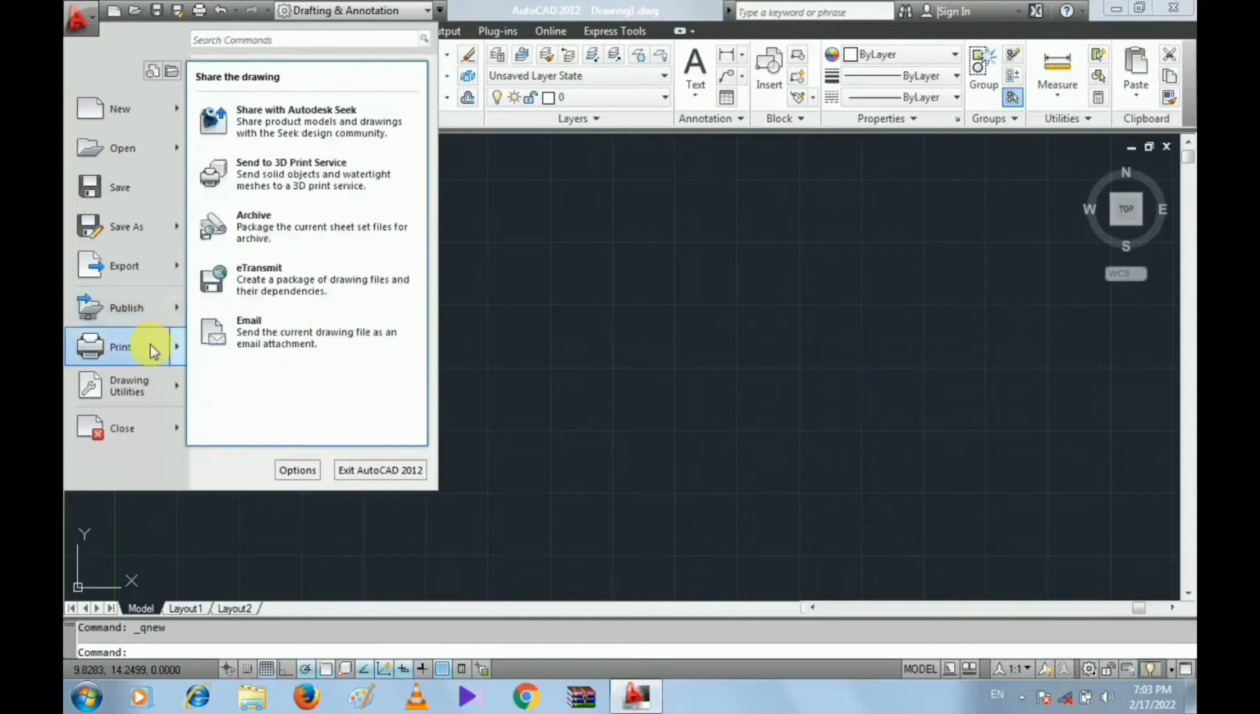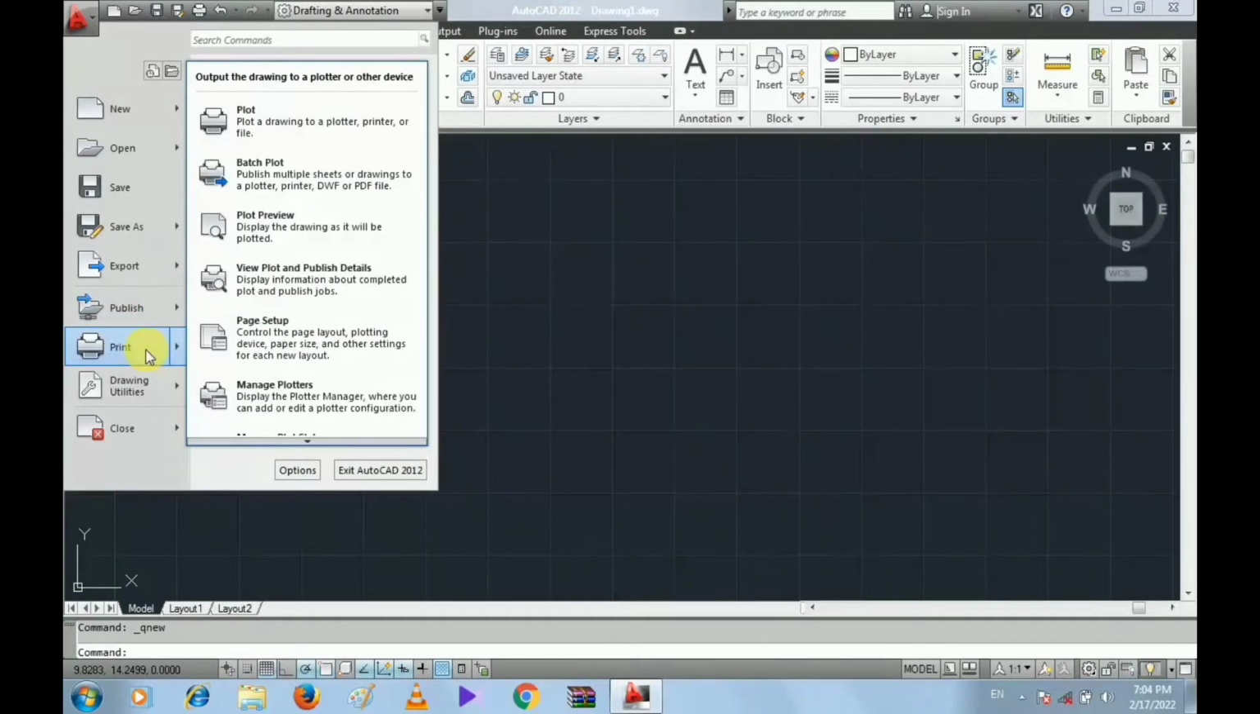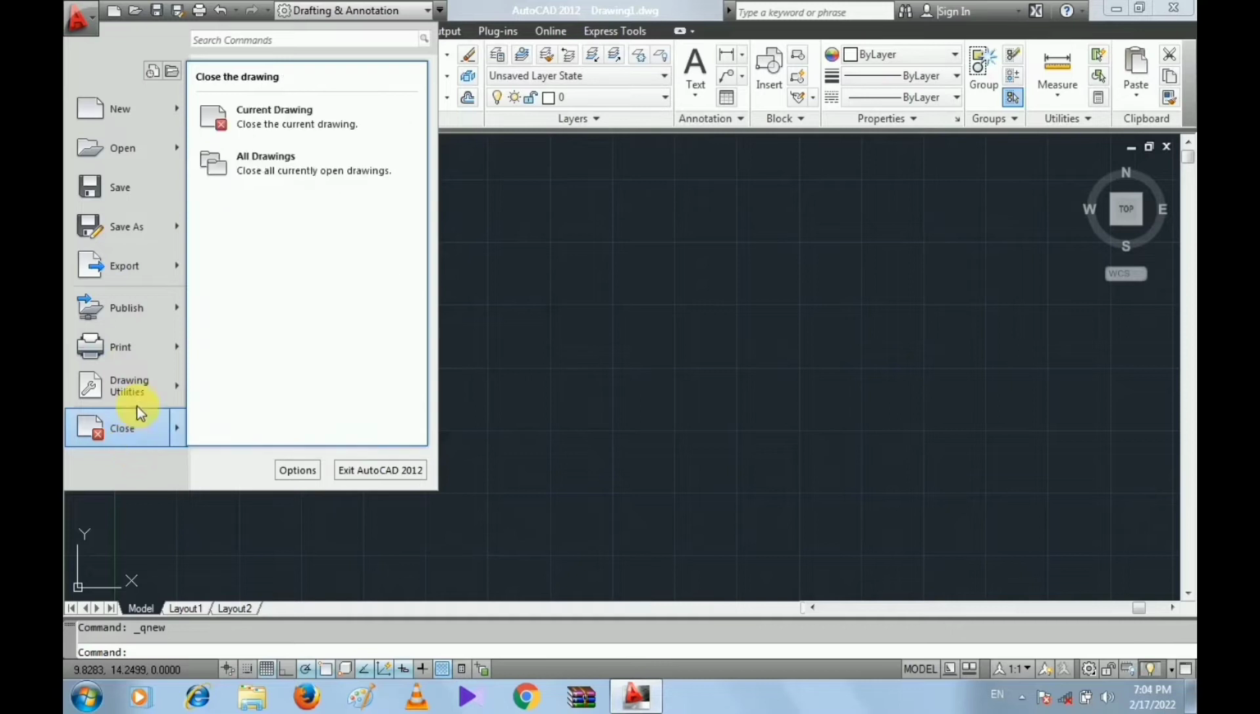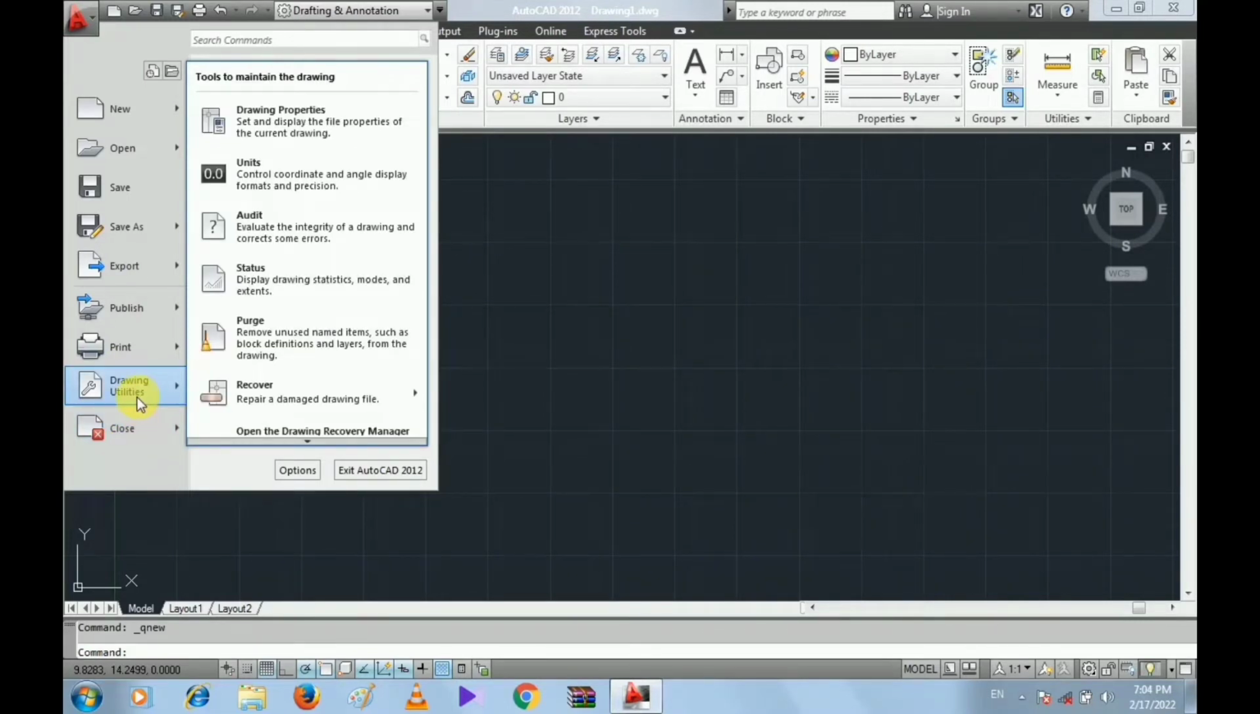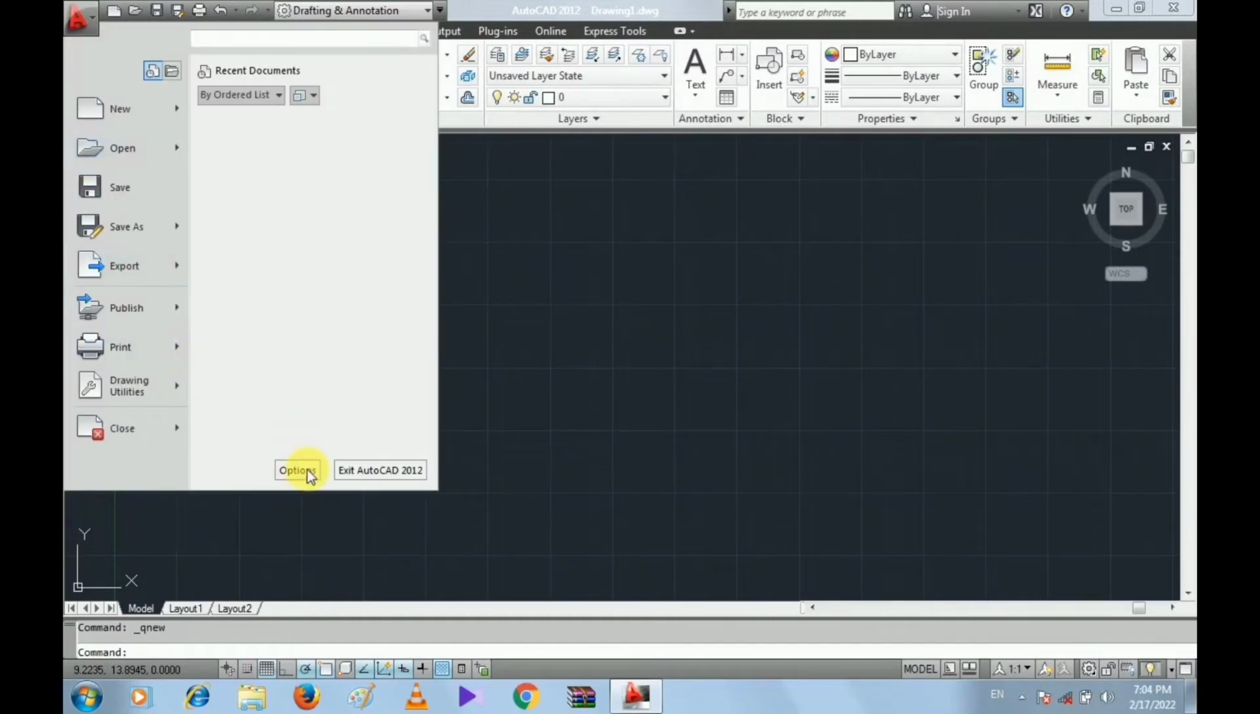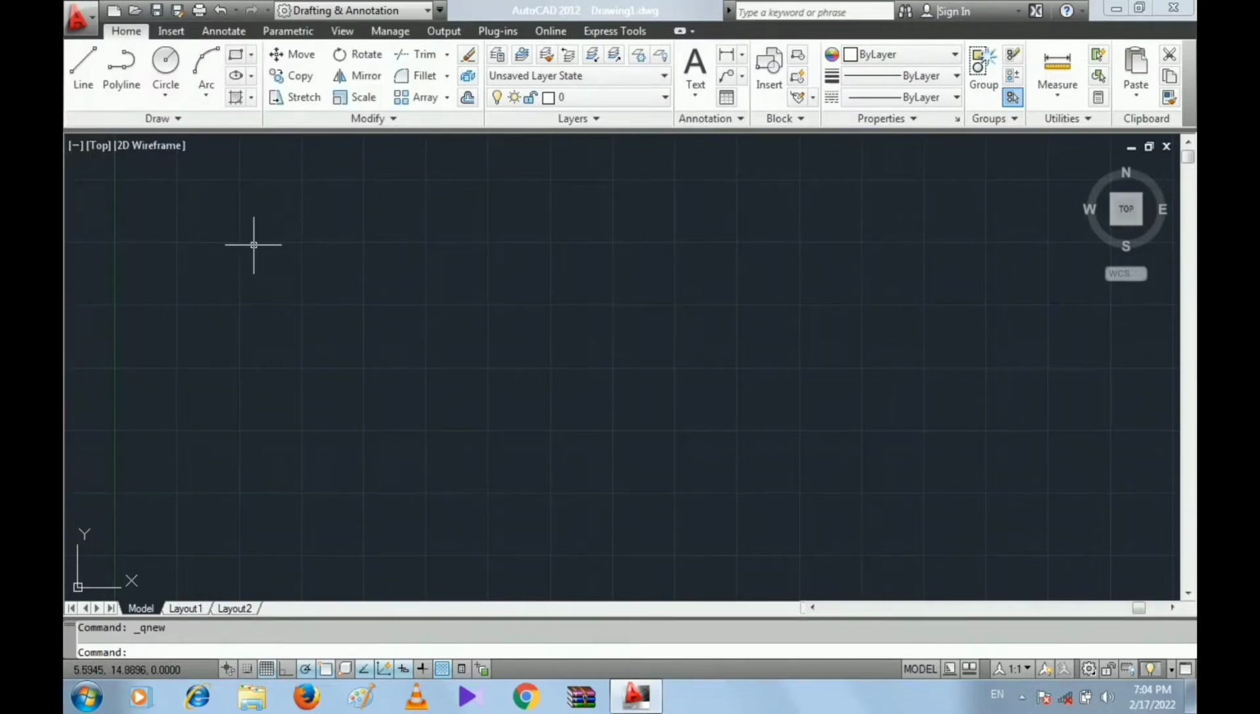Next is publish and print. Okay, if you want to create a print, then you can plot from this option. Okay, this is the close option, drawing utilities. Now, this option we will cover in another lecture, because in that option there are so many options. That's why it will take time. So today we'll skip this and next